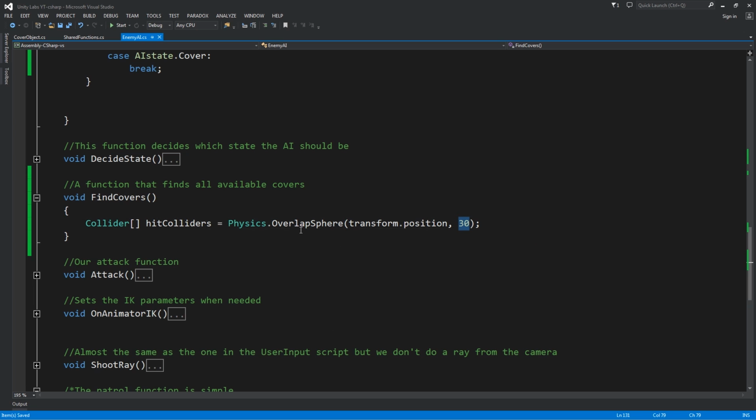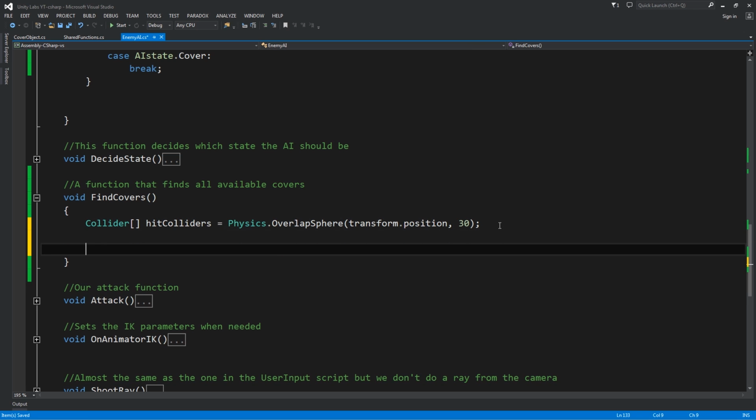Now Physics.OverlapSphere, think of it as a sphere collider that takes all colliders it finds inside it and stores them in an array. So first off, we actually need to say if we find any collider. So if hitColliders.Length is higher than 0, that means we have found some colliders. So we can actually start doing